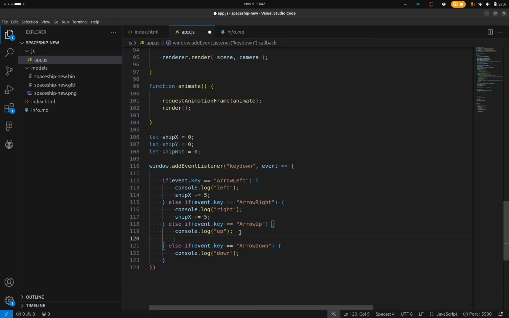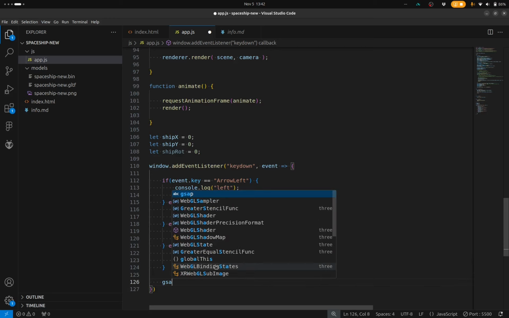So this should be now ship Y. It's possible that these are flipped, the X and the Y, so I have to see what's up with that. I'm just trying to put this how I understand it in my own three-dimensional thinking here. So this is ship Y as well, minus for down, so it should go backwards. It's possible that stuff is doing the opposite of what it's supposed to, but we can see that. We have to say now GSAP